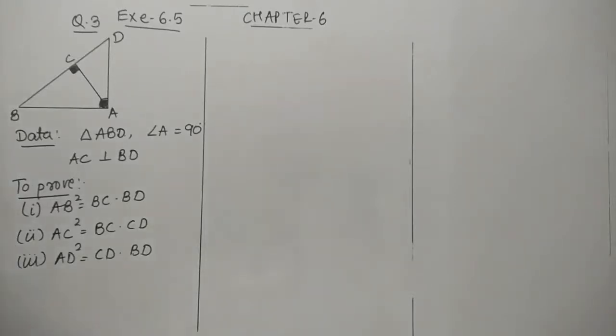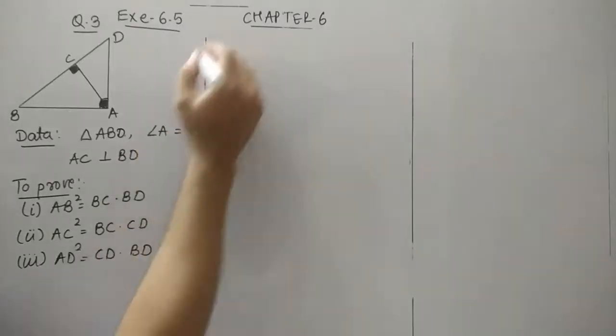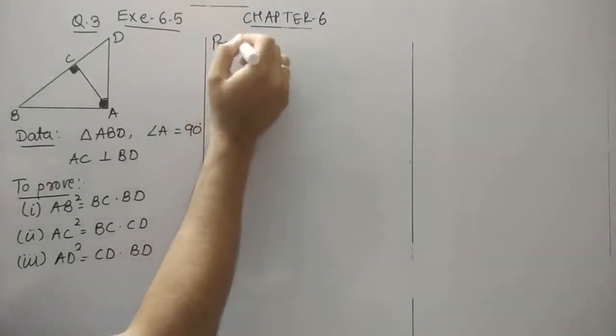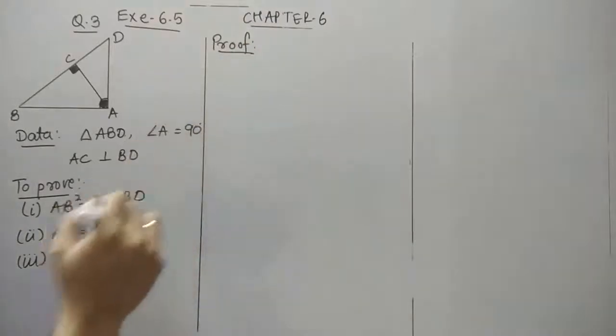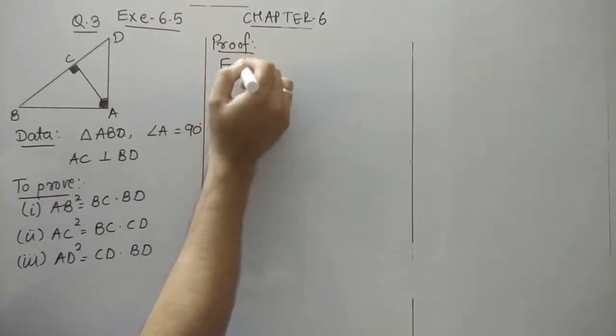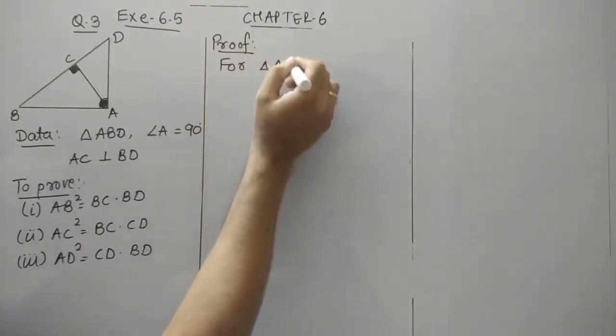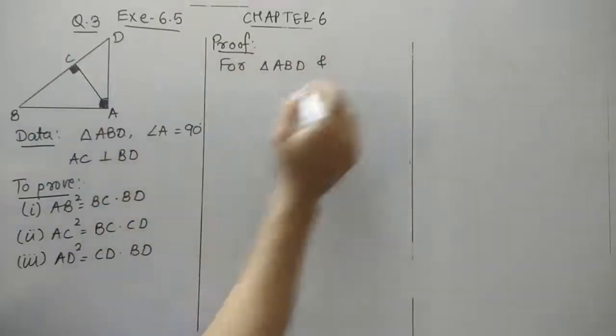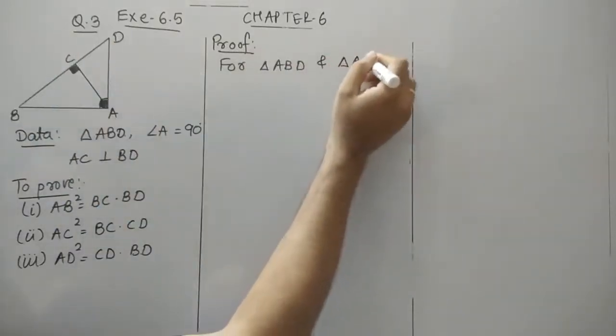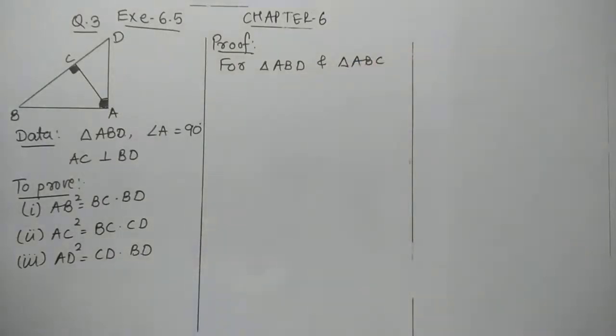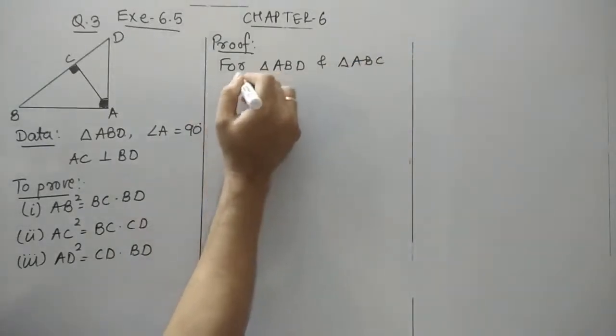If you recall, or if you have seen the video on the Pythagoras theorem which I prepared, in that you can clearly understand that of these two, that is AB square and AD square, we have already proved. We'll do it again here. So let us see how we are going to prove this. So first we'll show the correspondence between two triangles. That is the main triangle ABD and one of the smaller ones, that I'll take, triangle ABC. I'll show the similarity between these two triangles using the angle criteria.